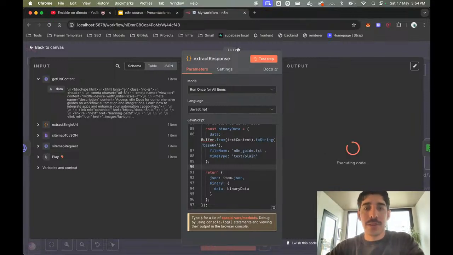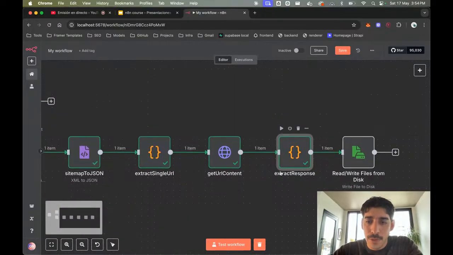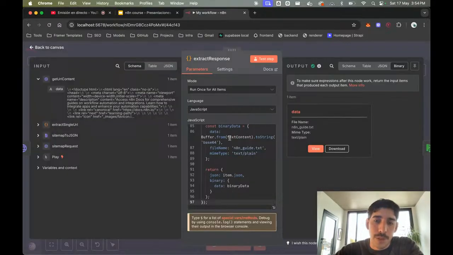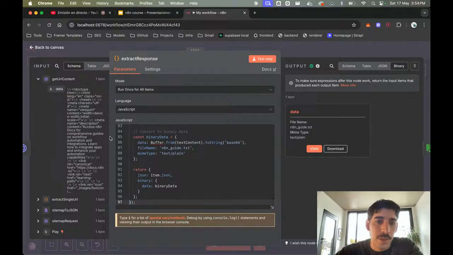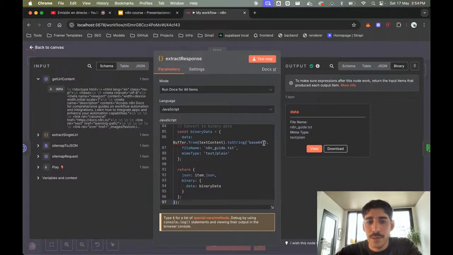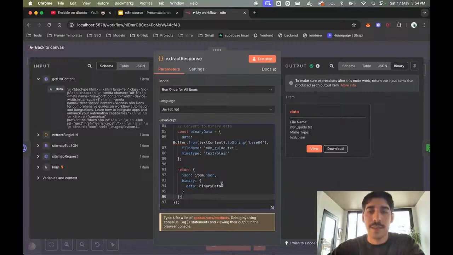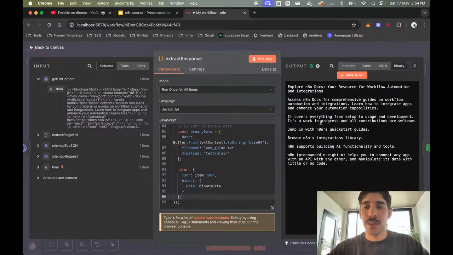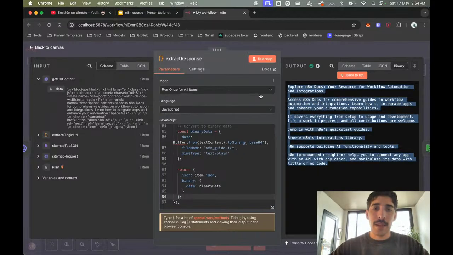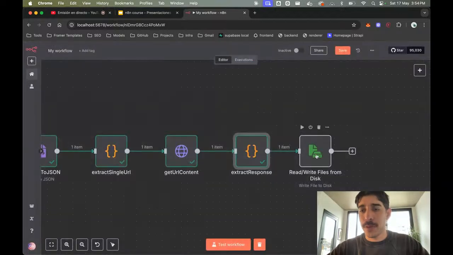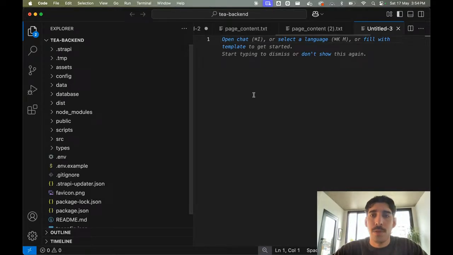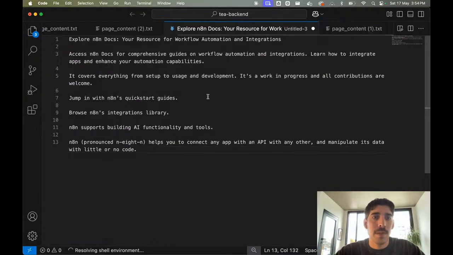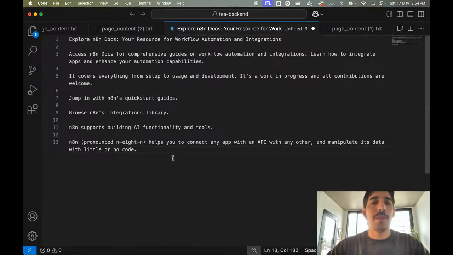Let's try this one. This is another node. This is a function node, which is a type of node in which you can enter code either in JavaScript or Python. What this one is doing is generating binary data, which can be used for storing into files. And then I have another node to actually save that to a file or write it to a disk. But let's see what came out. So this is what we currently have.